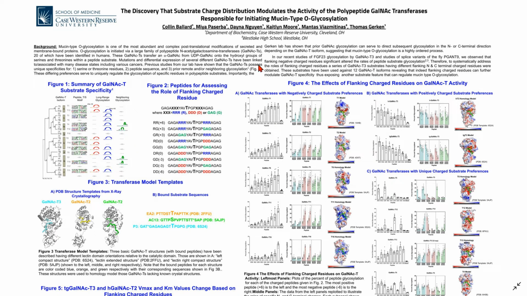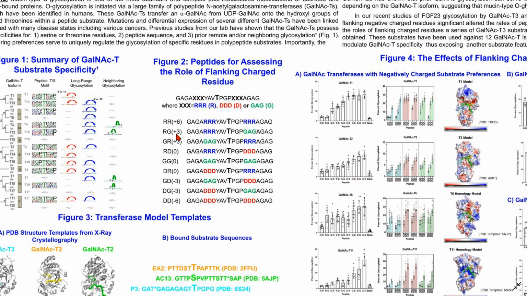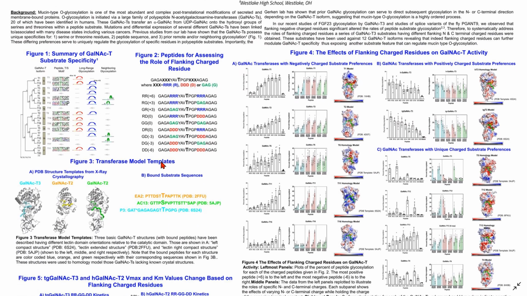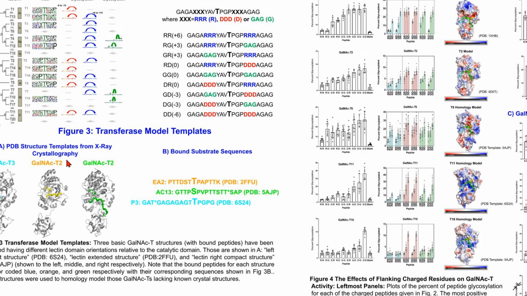Some of our recent studies of FGF23 and the splice variants of 5-pCant9, we saw that flanking charge residues altered these rates of glycosylation. So in order to systematically address the rules of flanking charge, we obtained a series of peptide substrates possessing all the possible N and C terminal combinations of flanking positive, neutral, and negative charge. We also created homology models for the GalNAc transferases that did not have a crystal structure available, utilizing three